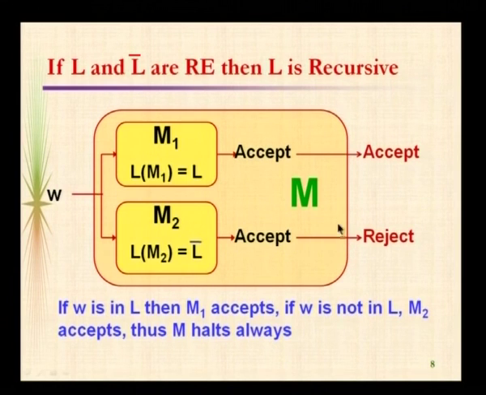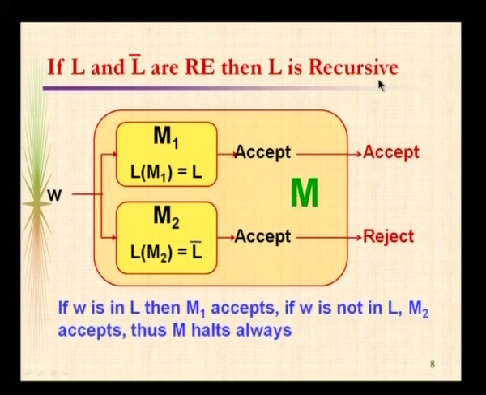So every recursive language has a complement that is also a recursive language. So that is the output of this. Next we have another proof, in continuation with that. Suppose L and its complement are recursively enumerable, then we have to conclude that L is also going to